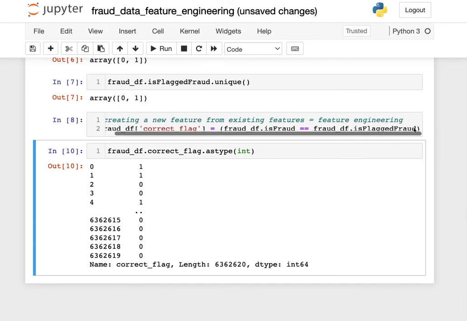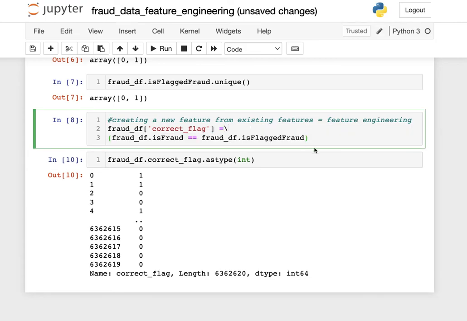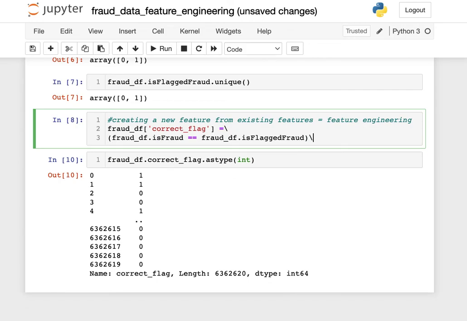So I'm actually going to do that up here. Let me just do that here. So I'm going to say, okay, everything's the same, but now I want as type int. Okay,